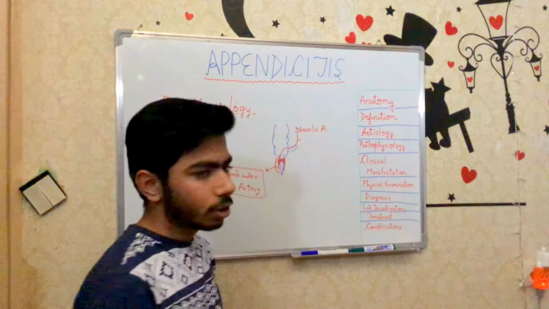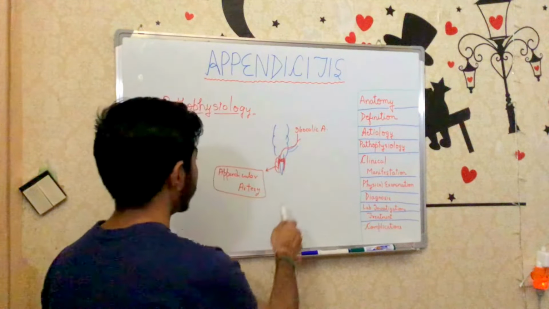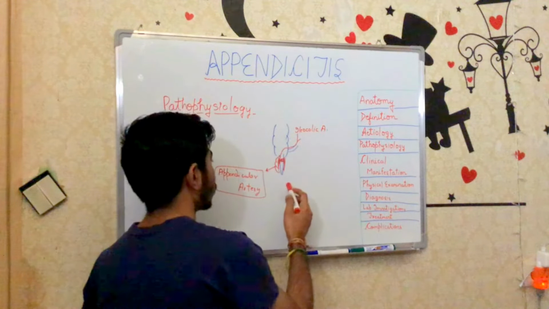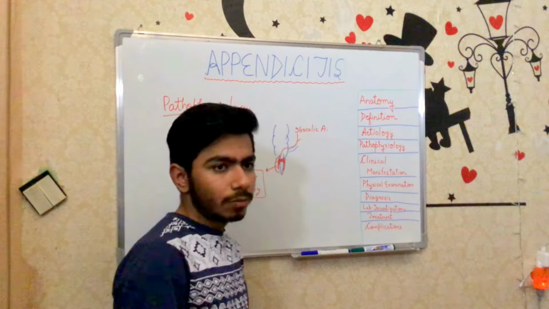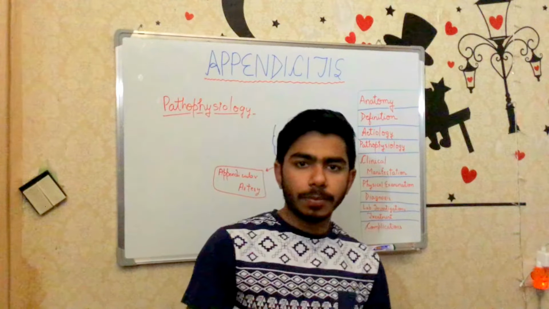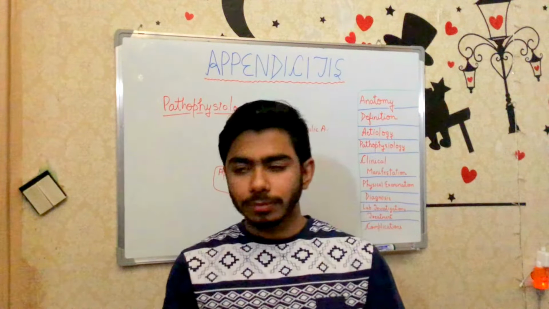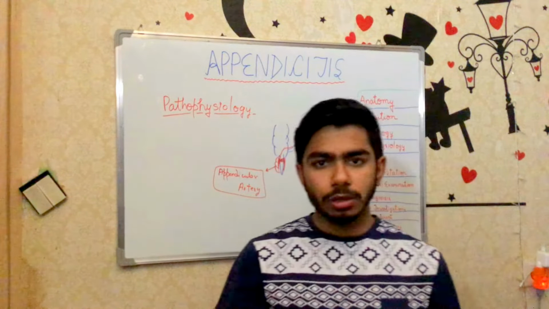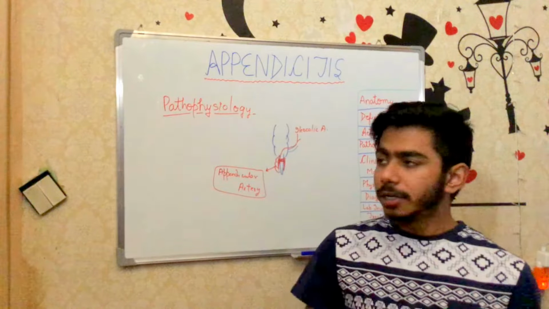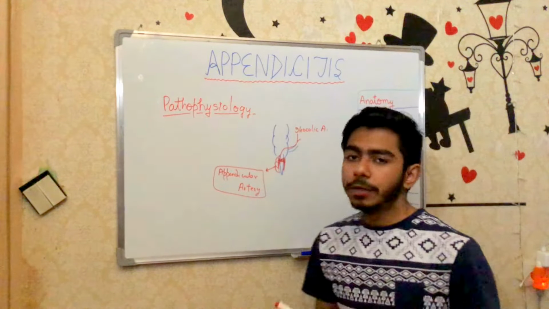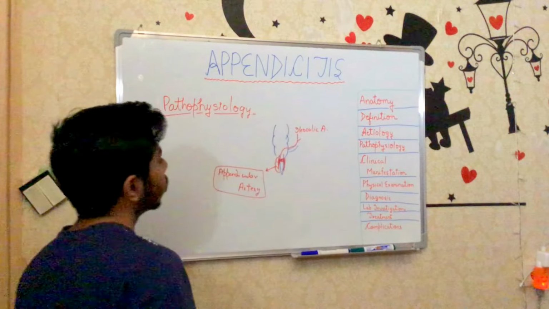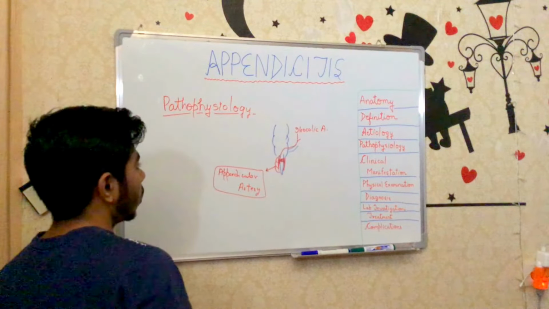Now, as there will be the obstruction, there will be an increase in the intraluminal pressure, so that could cause obstruction of the venous outflow, which will again lead to bacterial invasion and can lead to perforation or gangrene, and later it could cause many complications like peritonitis or abscess. So this is about the pathophysiology. Now